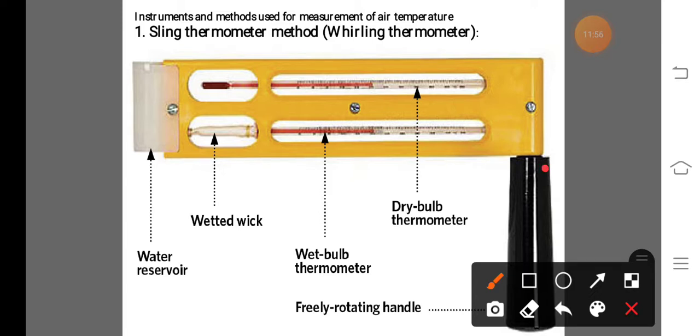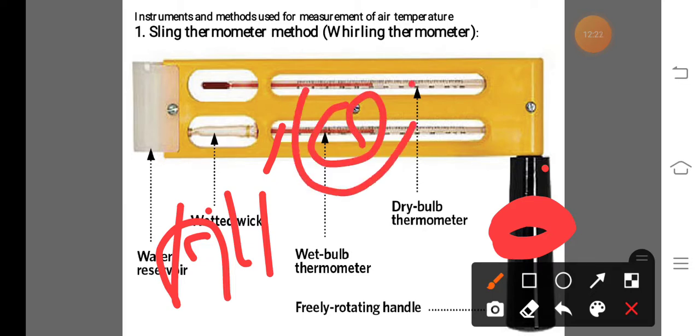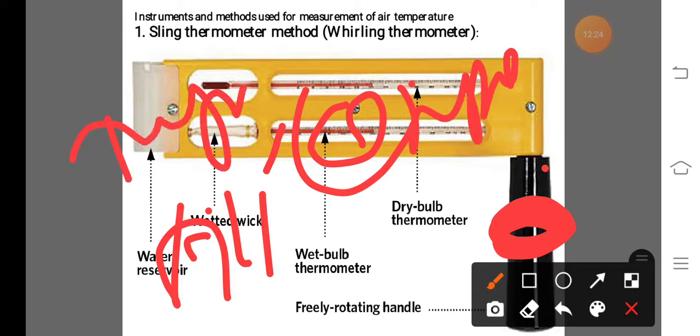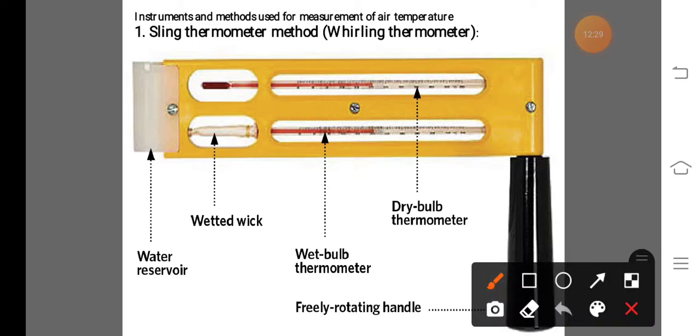The thermometer is taken in hand, and it is continuously rotated until we get a constant temperature. That means when you start rotating this thermometer like that,